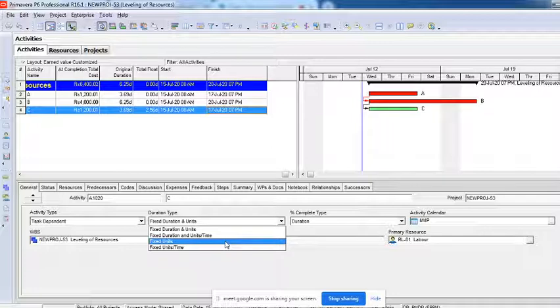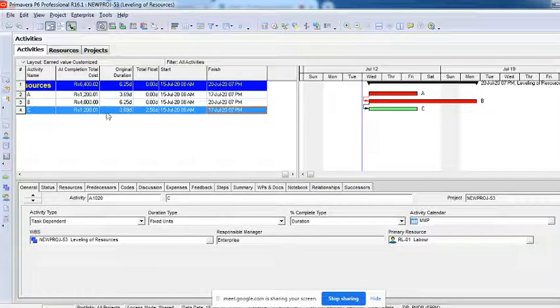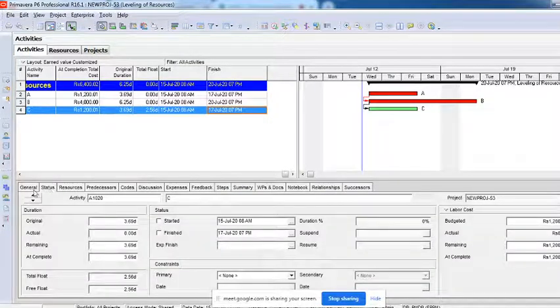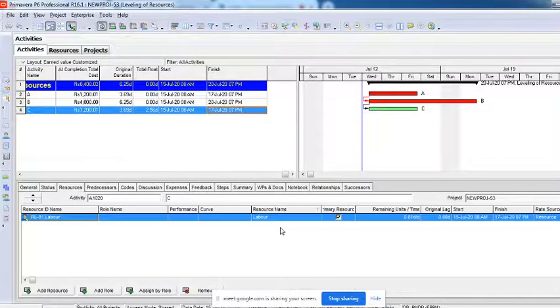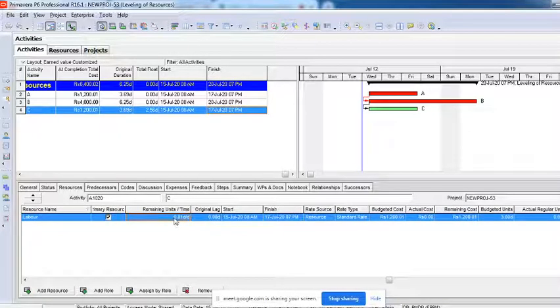Fixed units means, say that for this activity I'll say fixed units, right? I'll explain this. Now for this activity, how many labors are we using? We are using totally 3 units to finish this activity in this many days. Now if I want to finish this work faster, duration is decreasing.